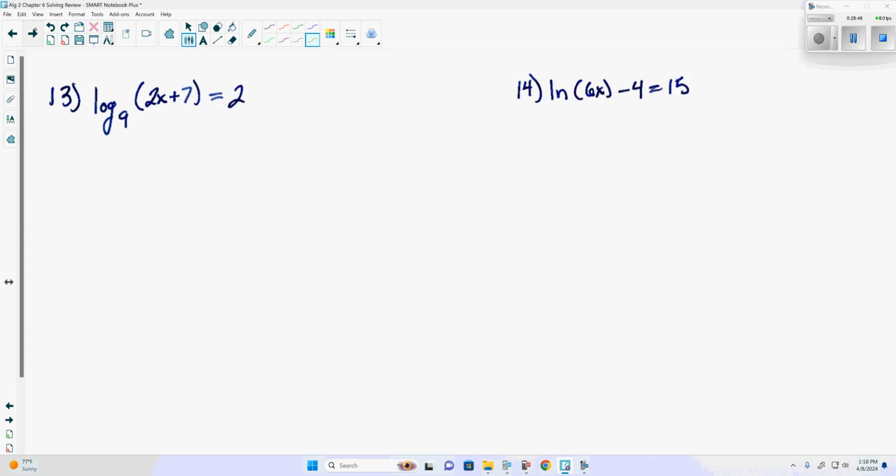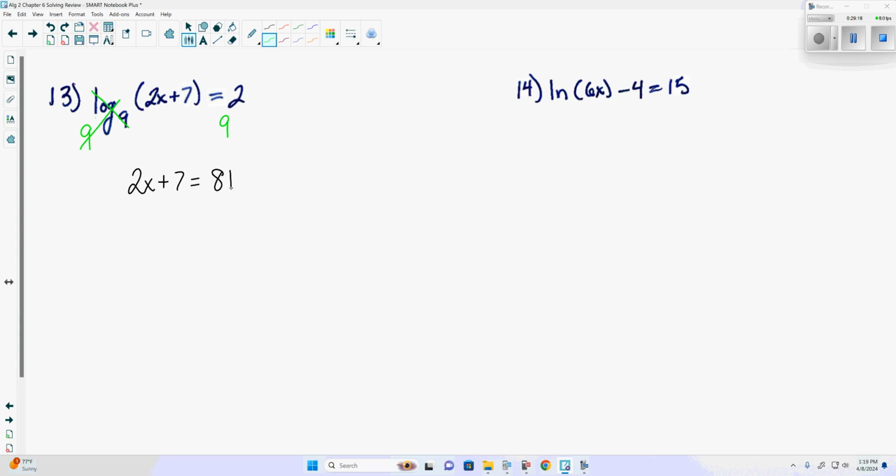Log base 9 of 2x plus 7 equals 2. Is the log by itself? Yeah, because the 2x plus 7 is contained inside the log, so we can't do anything with it at this point. So it is by itself. So we're going to put both sides to the base of what? 9. Because our 9 to the log base 9 is going to cancel, leaving us with 9 to the second power, which is